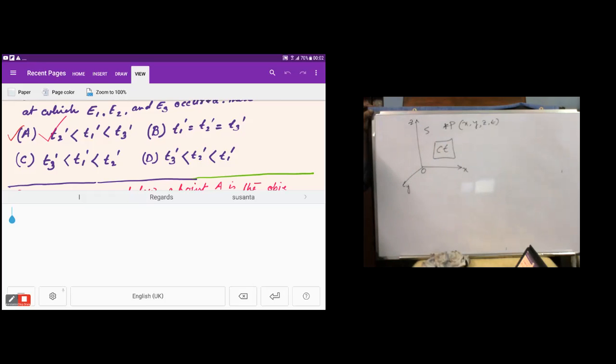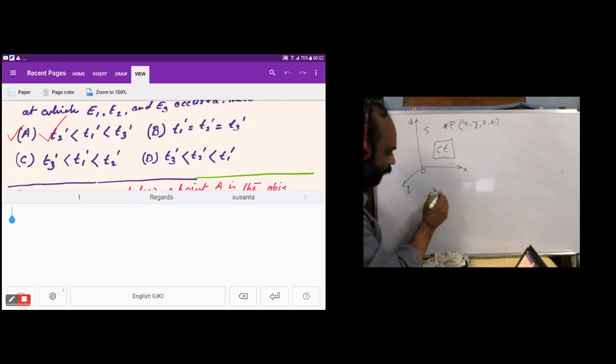So don't get confused, because the CT is used when we talk about the invariance of space-time interval. That means, say, C square,